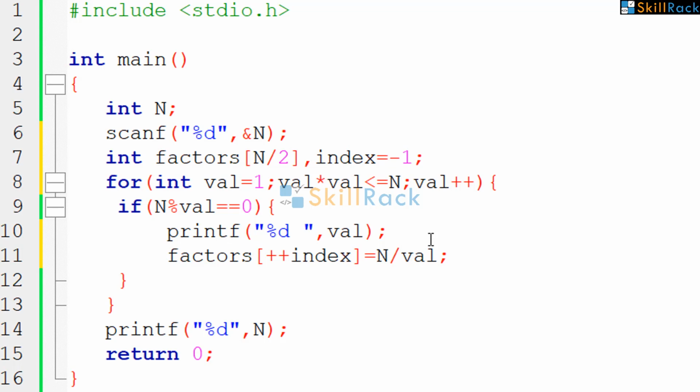But we have not yet catered to the condition where the number is a perfect square. In 100, 10 was a pair to itself. So, now this printf n is not needed because already n will be a pair to 1. Okay. So, now we print all the factors which are less than or equal to square root here. So, we come out of the loop, okay, and print the factors which are after the square root of n.